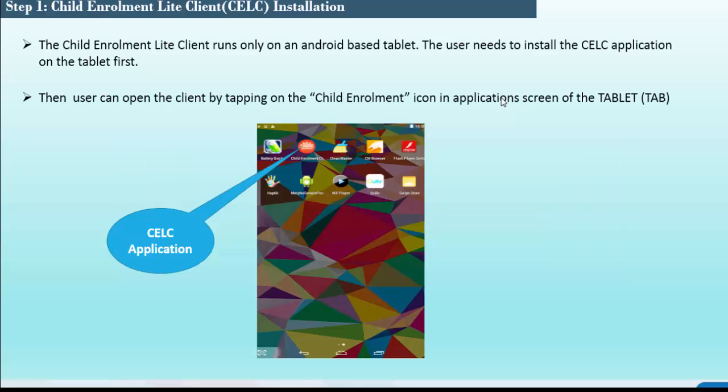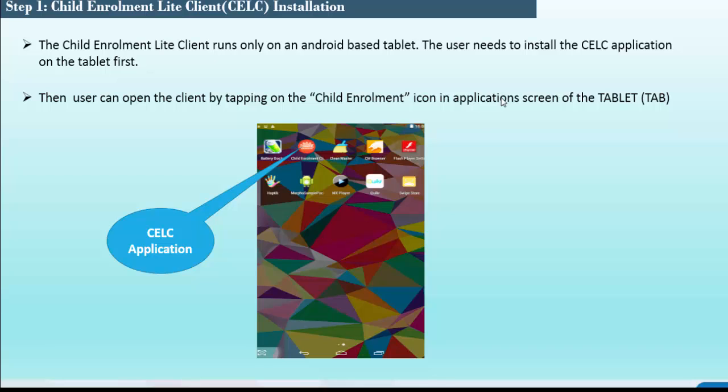Step 1 in part 2, child enrollment light client installation. The child enrollment light client runs only on Android based tablets. The user needs to install the CLC application on the tablet first. So first we have to install the Android application on our tab. Then the user can open the client by tapping on the child enrollment icon in the application screen of the tablet.